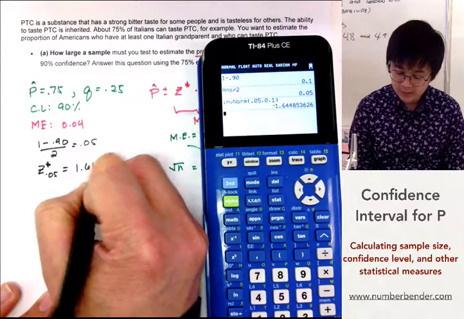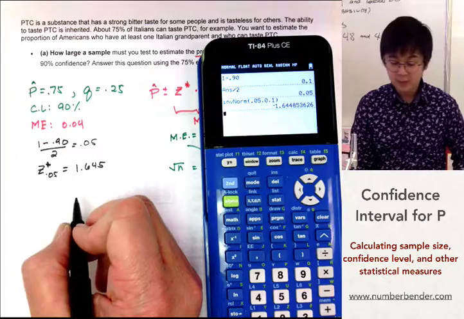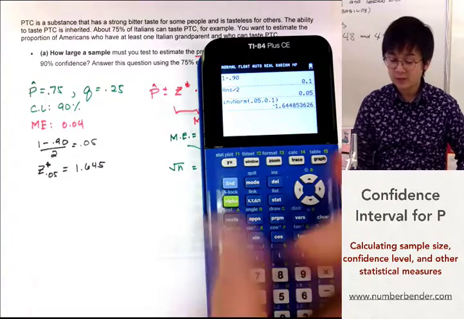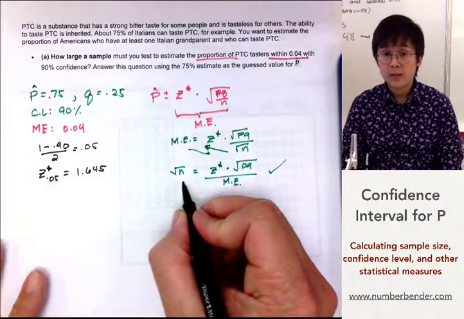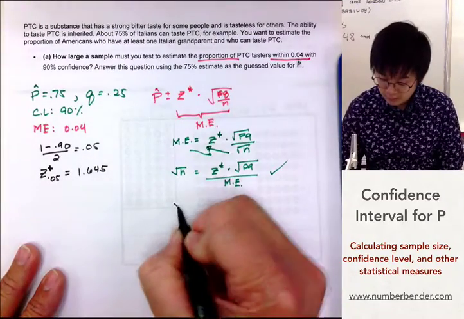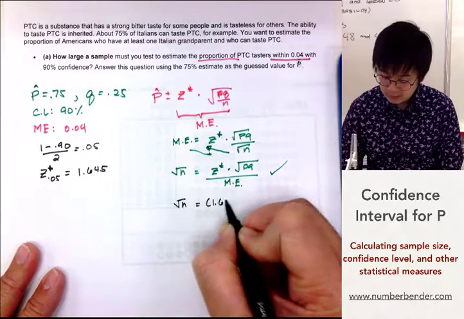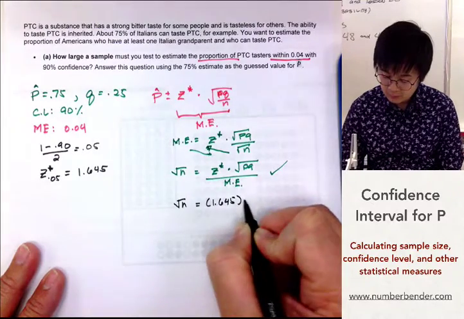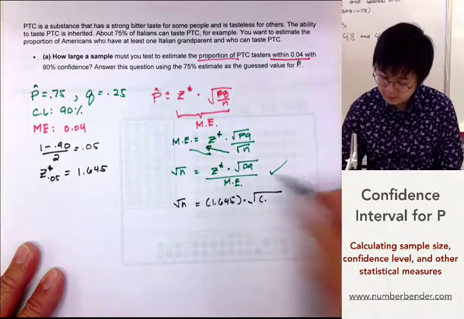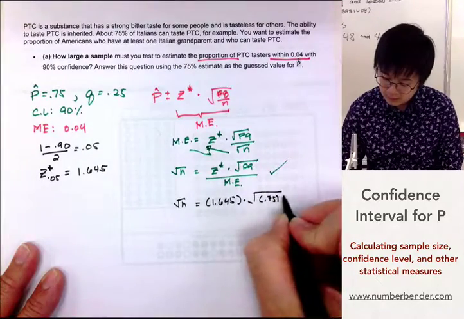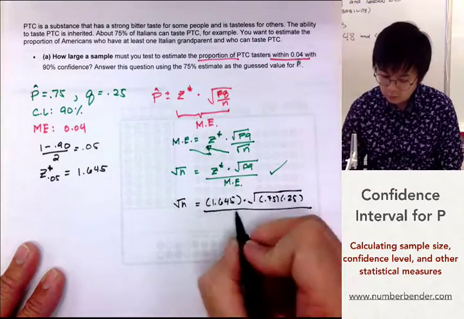1.645. Let's add another digit. So 1.645 is our value for the Z star. Now we're ready to compute for the sample size. So square root of n is equal to 1.645 multiplied by the square root of 0.75 times 0.25 all over